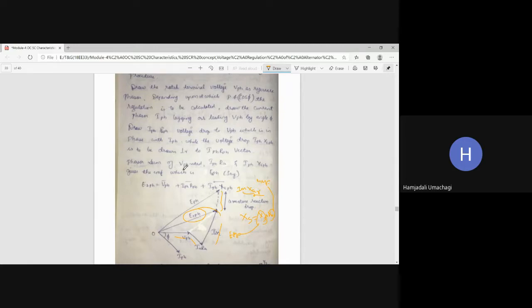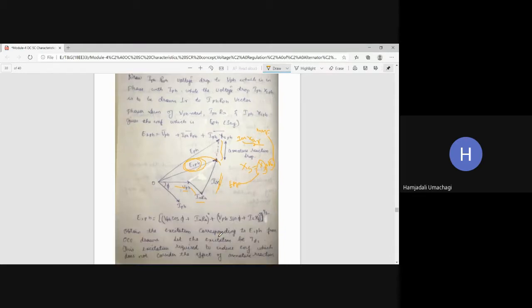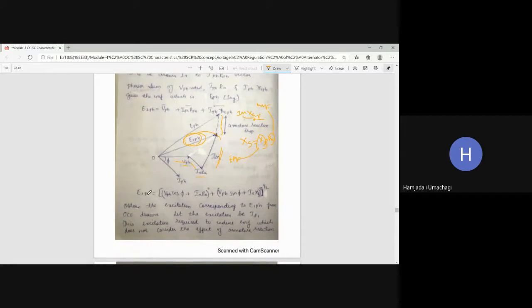The phasor sum of V phase rated, I phase RA, that is I phase RA plus I phase XL phase, gives the value E1 phase. So now E1 phase is equal to the vector sum of V phase plus I RA plus I phase into XL. This is one way, or you can use the normal EMF method formula, that is E1 phase is equal to square root of